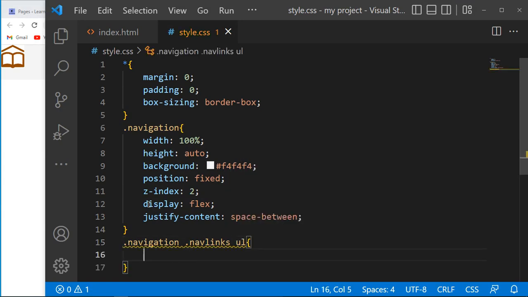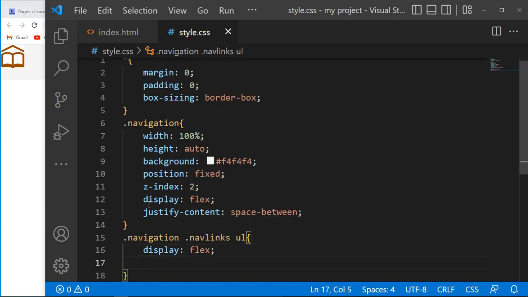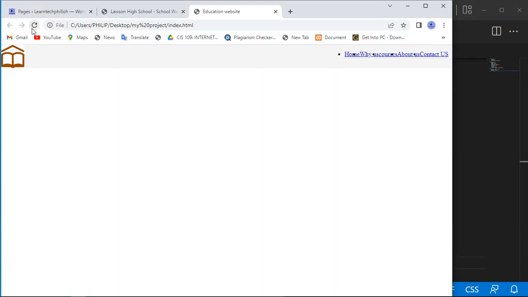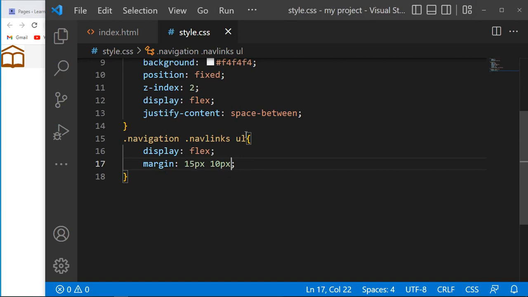The display will be in the form of a flex, and then margin will be 15 pixels, 10 pixels. Now you see how it is appearing now. Great. Now the next one, you can just copy this, and then work on the